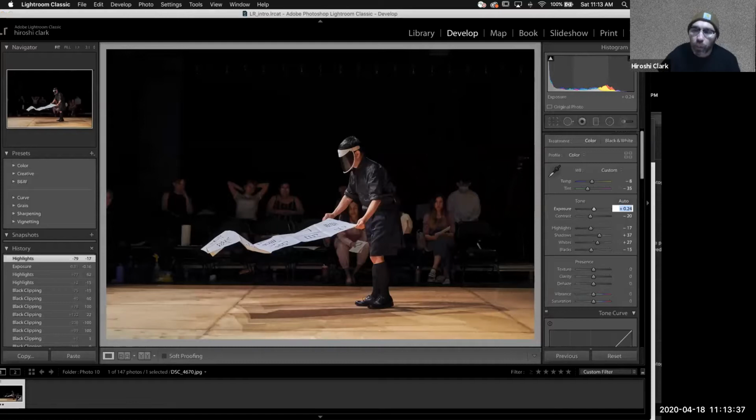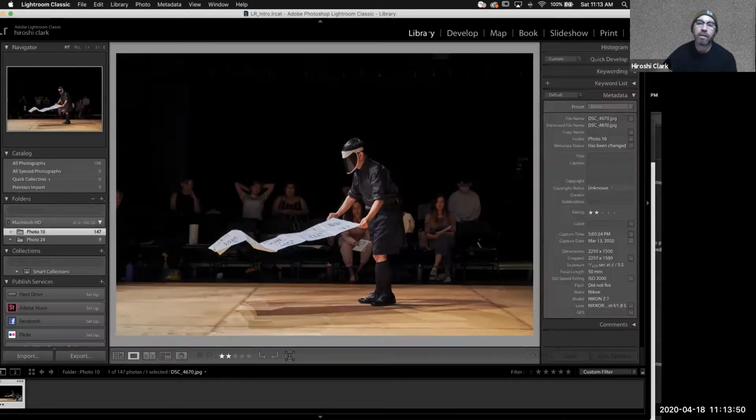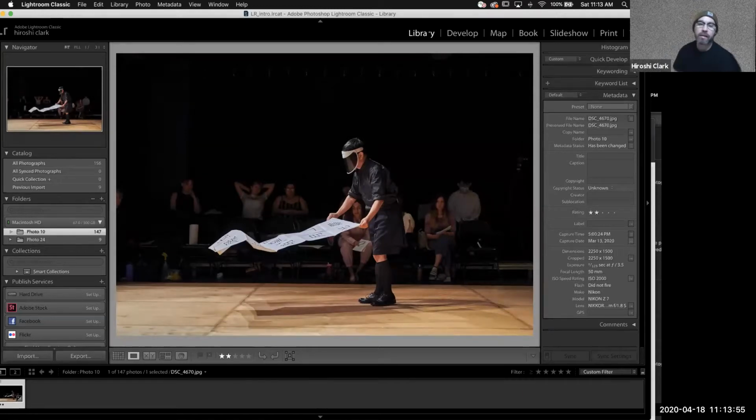Okay, so let's say we've reached the point where we're comfortable with our image and we want to turn it in. What we're going to do now is come over here to library. Remember how this works: you create a digital thumbnail of your raw file when you import it into Lightroom. Remember, you're not affecting the actual file. You're creating this recipe, so to say,